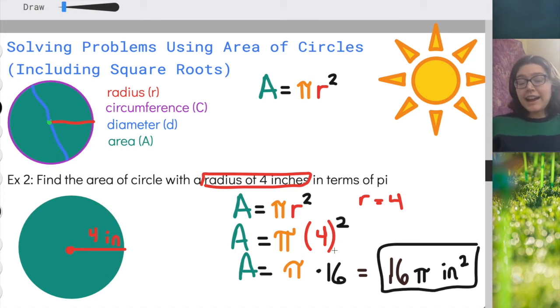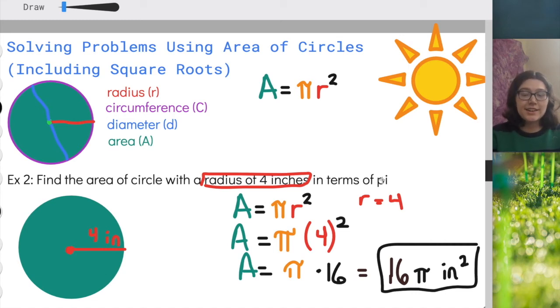Again, if they had asked not in terms of pi, then you could have multiplied 16 times 3.14 to get a good estimate, but this is the right answer that they're looking for. They want you to keep pi in it. Okay, great job, everyone. Now we're going to take it up a notch and try to find the radius when